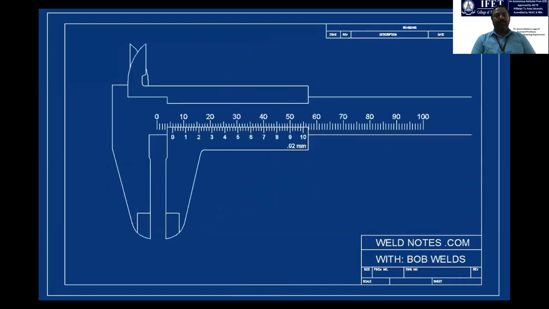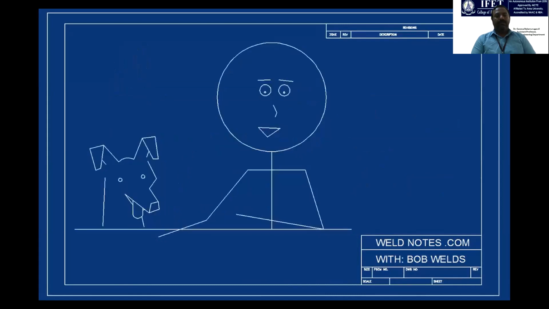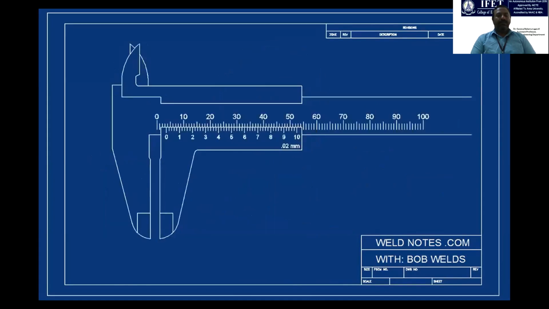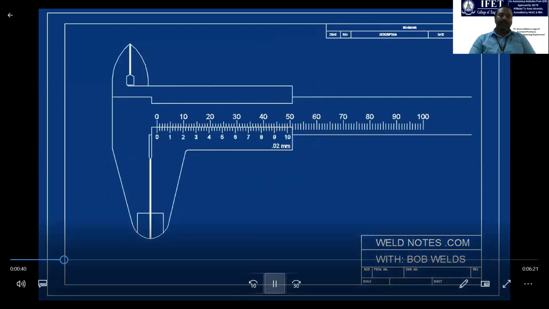Now, the first thing we're going to measure with our vernier caliper is nothing. That's right, we'll measure 0. It may sound like a silly thing to do, but we're going to do it for a couple of reasons. Let's do it and you'll see what I mean. You see, when the calipers are fully closed, measuring 0 width, you can see the places